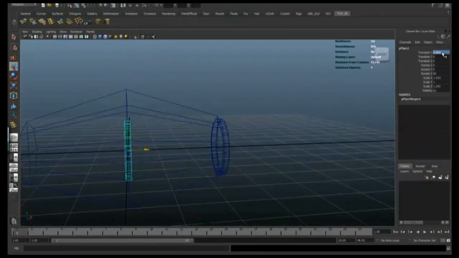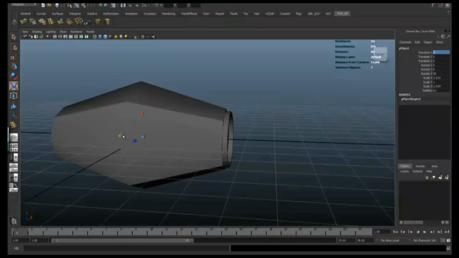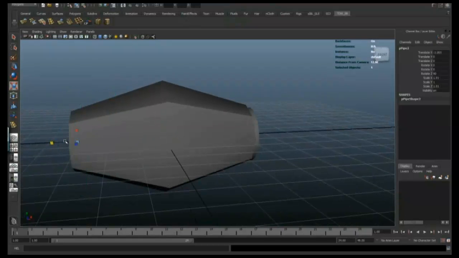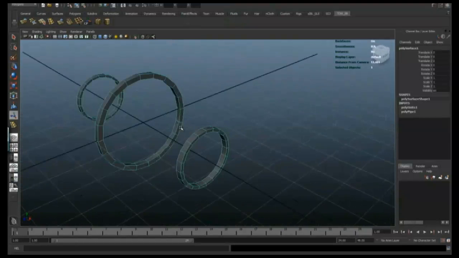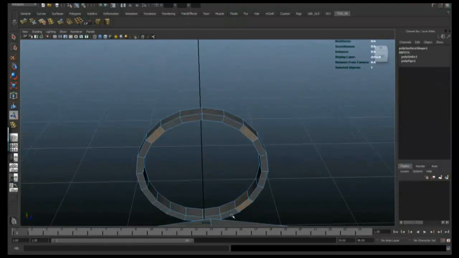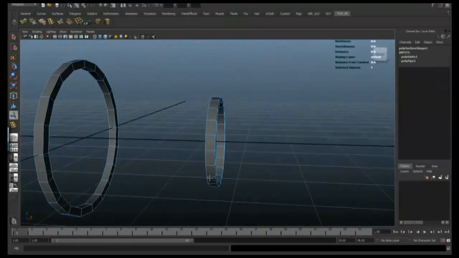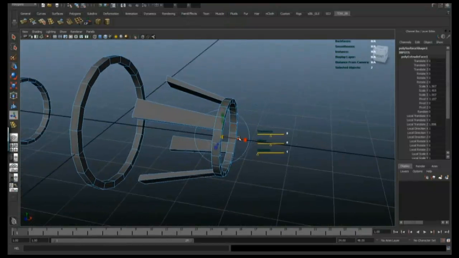So we're going to duplicate that, scale it up in 2 axes. You can do that by pressing Control or Command and clicking on the axes that you don't want to change. So in that instance, I was using Control and the local Y axes. We're going to select 4 faces, extrude them out, scale them up,